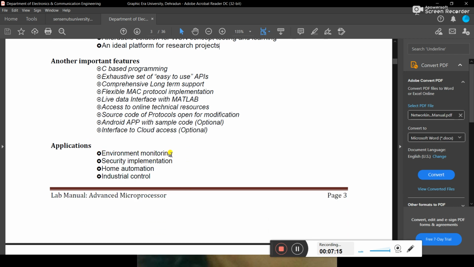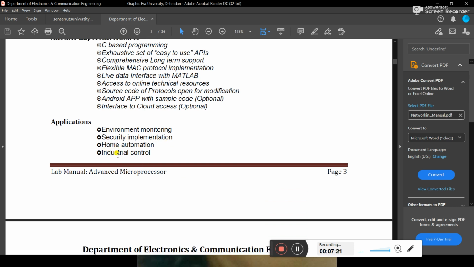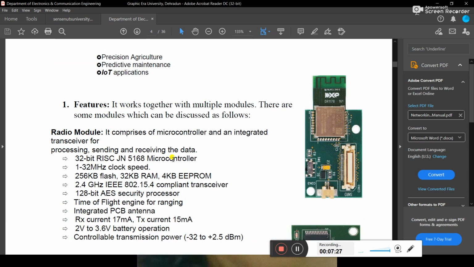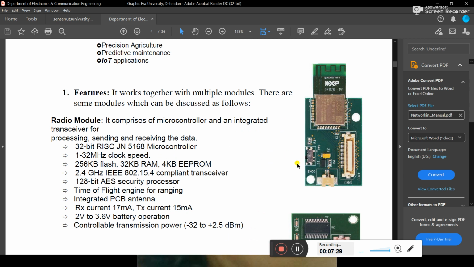So environment monitoring applications are environmental monitoring, security, implementation, home automation, industrial control, precision agriculture, predictive maintenance, IoT applications. So what are the features? You can see that this is a SenseNet node, and this is the radio module, and this is a driving module, and this is an on-off switch, and in this we can connect the other module by means of